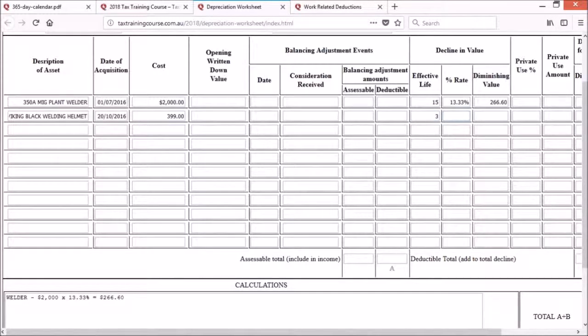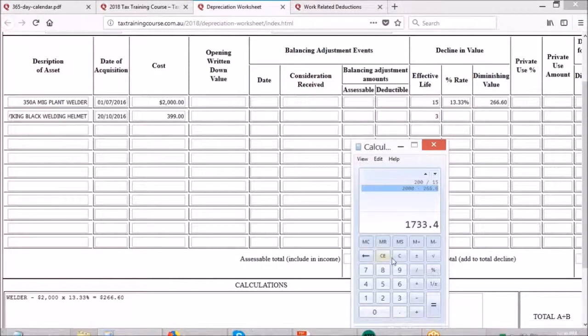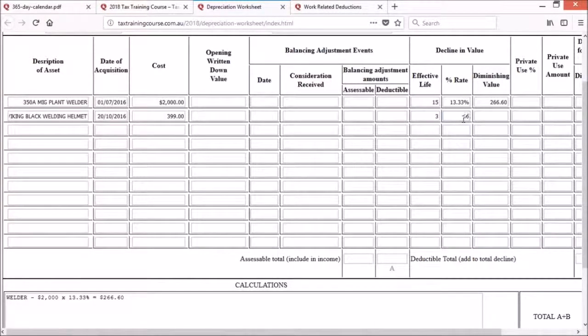And we now need to work out our percentage rate. So again, we are using the diminishing value method. So your calculation is going to be 200 divided by 3, which gives you 66.66666%. So we're going to round it up to 2 decimal places, which gives you 66.67%. Fantastic. So we now need to work out our deduction, we now need to work out what our declining value is going to be. So our formula will be our cost price of $399